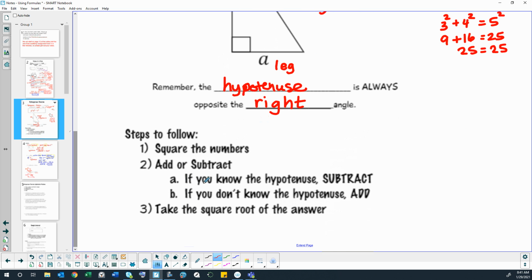Alright, here's the steps we follow to do problems like this. We're going to start by squaring the numbers. So we might have two numbers and one variable. So we're going to square the numbers we have. It might be the legs, and we take 3 squared and 4 squared, or whatever the numbers are, and square them. And then we're either going to add or subtract. So we will add if you don't know the hypotenuse. You'll subtract if you do know the hypotenuse, because what that means is